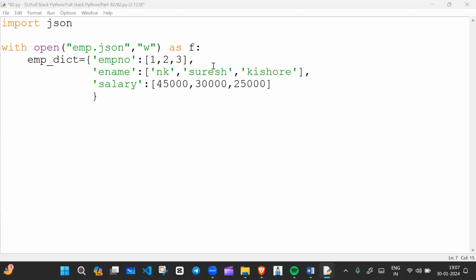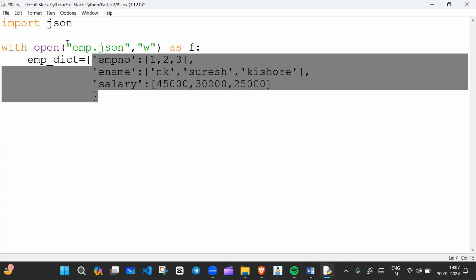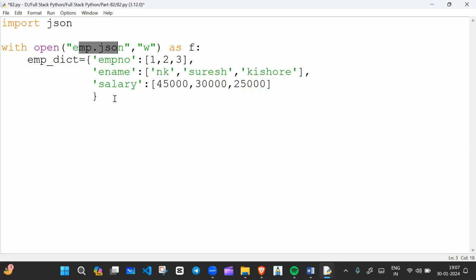Now what I will do, okay, so what will happen here? One file will be created. What is the name of the file? Employee.json. Here what we are doing, we are opening this file in write mode, and we are writing dictionary data in which file? Employee.json file, right? Then what we will write here, we will write